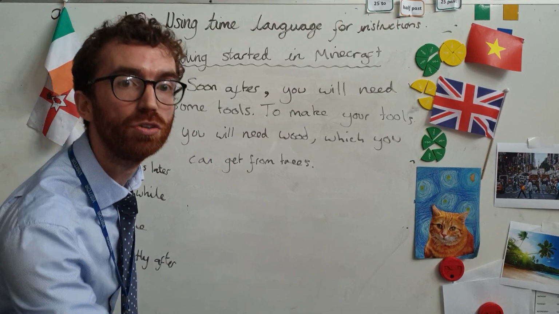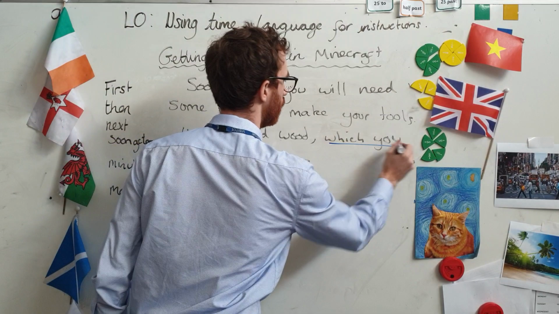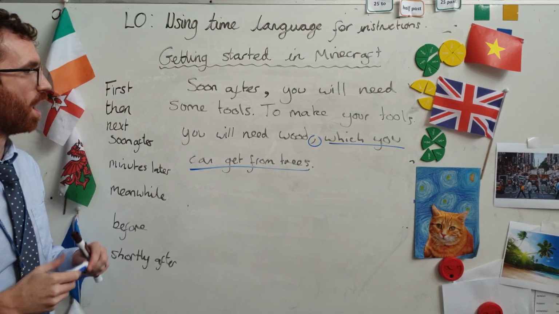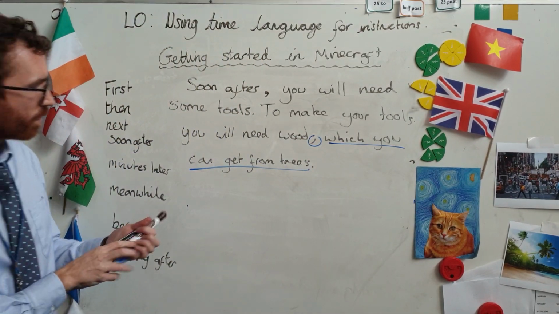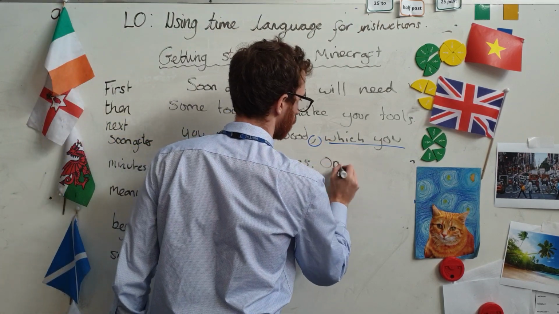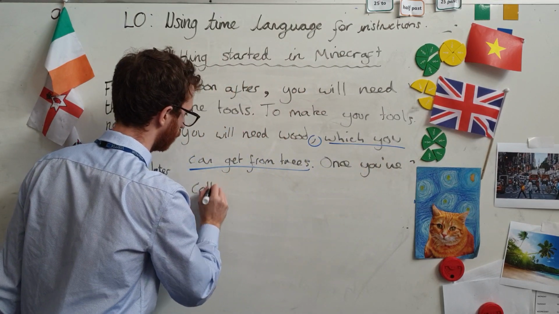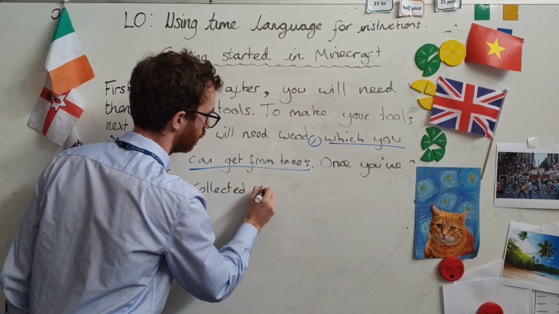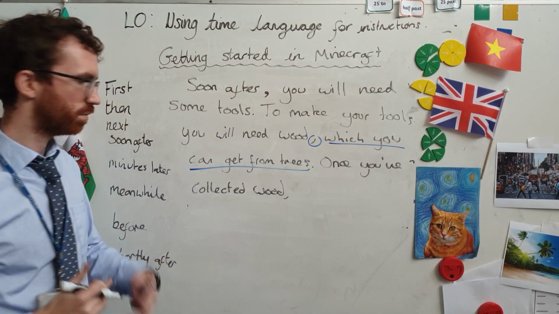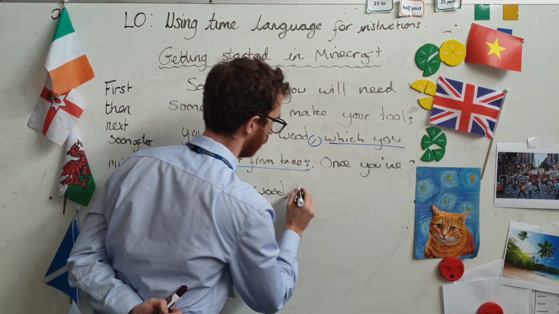I'm going to add a little bit onto my main clause, which you can get from trees, okay? Added that little bit on to the end, so I'm going to use a comma just to pop that on, okay? Once you've collected wood, so I'm kind of using that to show how time is progressing. Once you have collected wood,